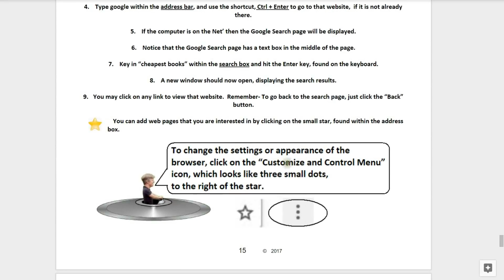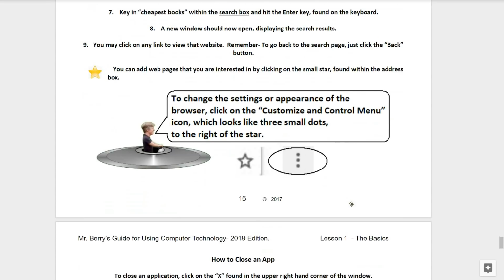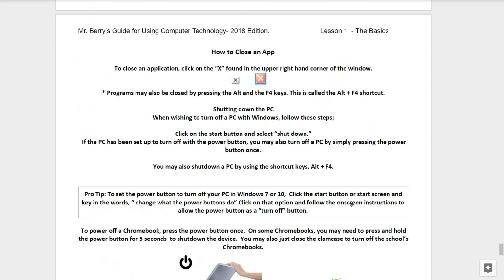Okay, we've about finished up page 15 now, where we've talked about the Chrome browser. We've learned how to do a search for things, such as we found weather. We've discovered how to add a bookmark, how to add a folder to your bookmarks, and how to manage your bookmarks by dragging them around. So it's really easy to do. Let's go on now to page 16, and we'll see how to close an app.